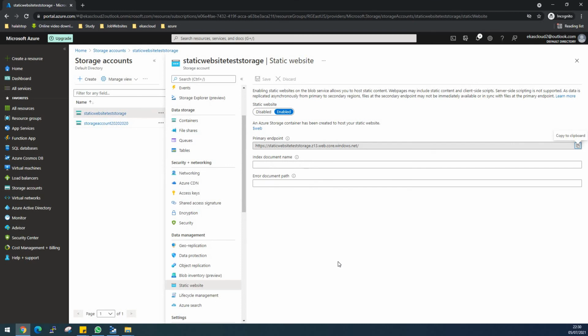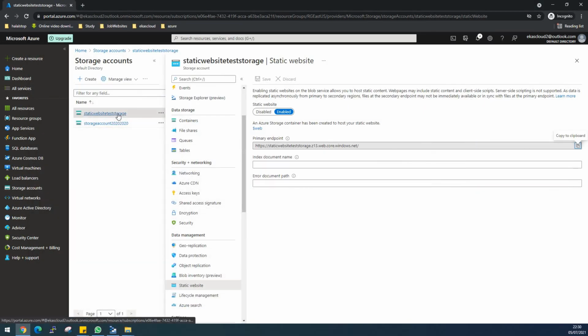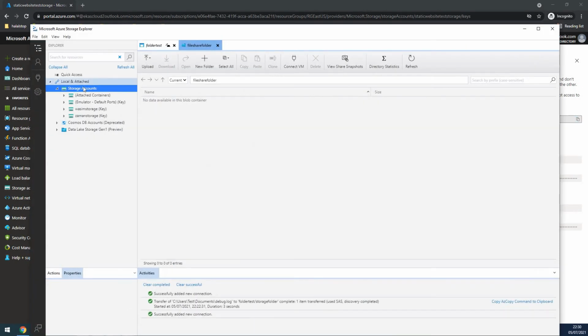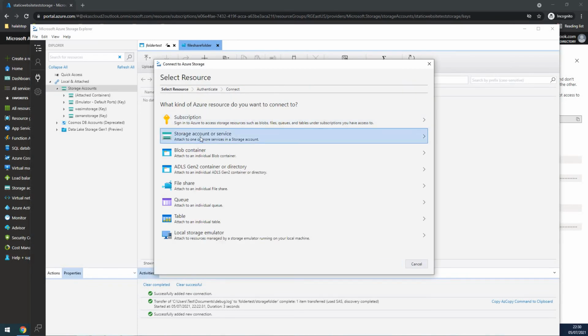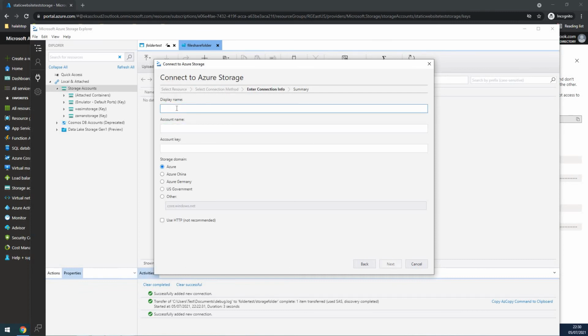Okay, so after doing that, we're going to go back to our File Explorer. So now you're going to see how quickly we are able to do this using this Storage Explorer. So let's go to make a connection. If you remember from the earlier conversation, we just need to grab our static website account name, right click, sorry, click on the connection, storage account. We're going to use username and password this time, and we're going to call it static web